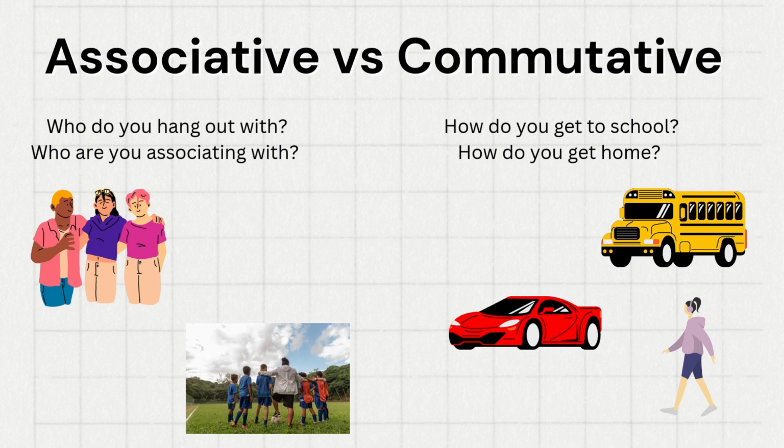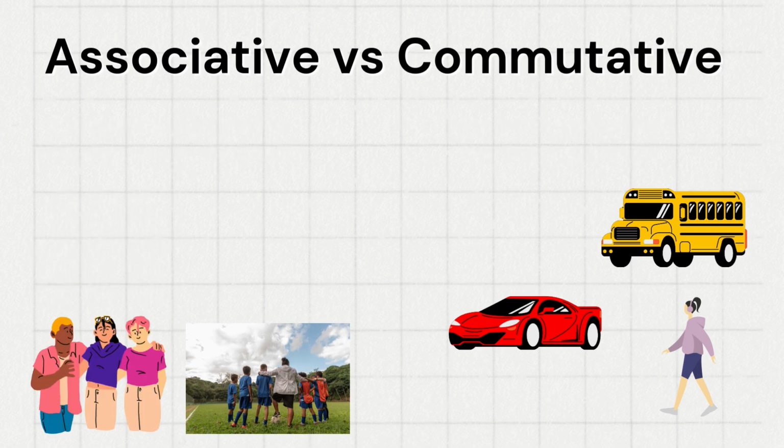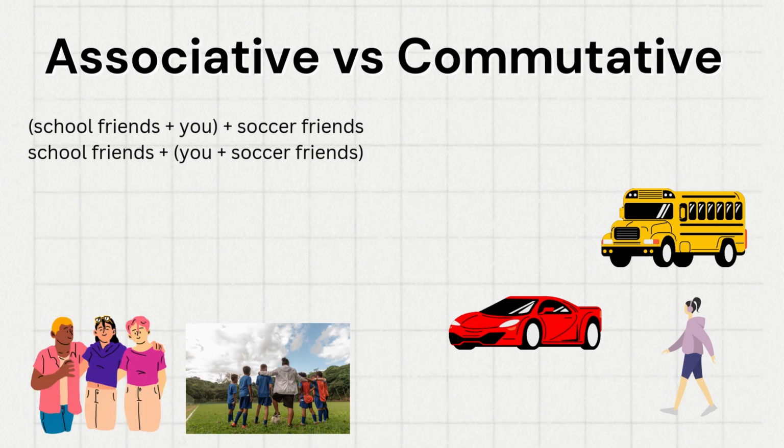So for the associative property, I start by pointing out that during the school day, they are hanging out with their school friends. And then they do still have their soccer friends, but they're not with them. And then after school or at soccer practice, they're hanging out with their soccer friends and they still have their school friends, but they're not with them. So the associative property is really about who are you hanging out with at that moment, and we use parentheses